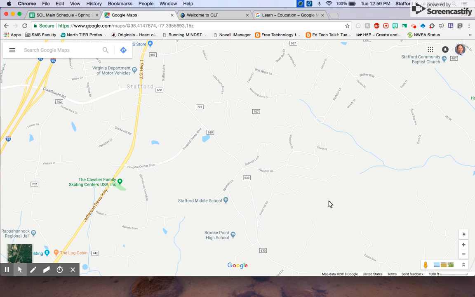This week we're focusing on a mapping tool in Google Maps. If you simply go to maps.google.com, you'll be taken to a website where it will try to map your present location. So here I am at Stafford Middle School. Pretty much everyone is accustomed to using Google Maps, but you may not have thought about using it for